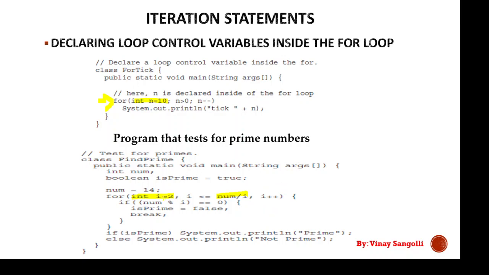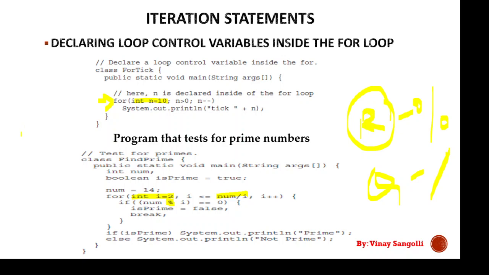So when i is equal to 2, it will come inside this loop, and it will do num mod i. What is mod? This percentage sign is the modulus operator, which gives us a remainder. This we have already seen in your first module. When I want a remainder, I will use the modulus sign, and when I want the quotient, I will use the division sign. Here we want a remainder because we want to check whether it's a prime number or not.